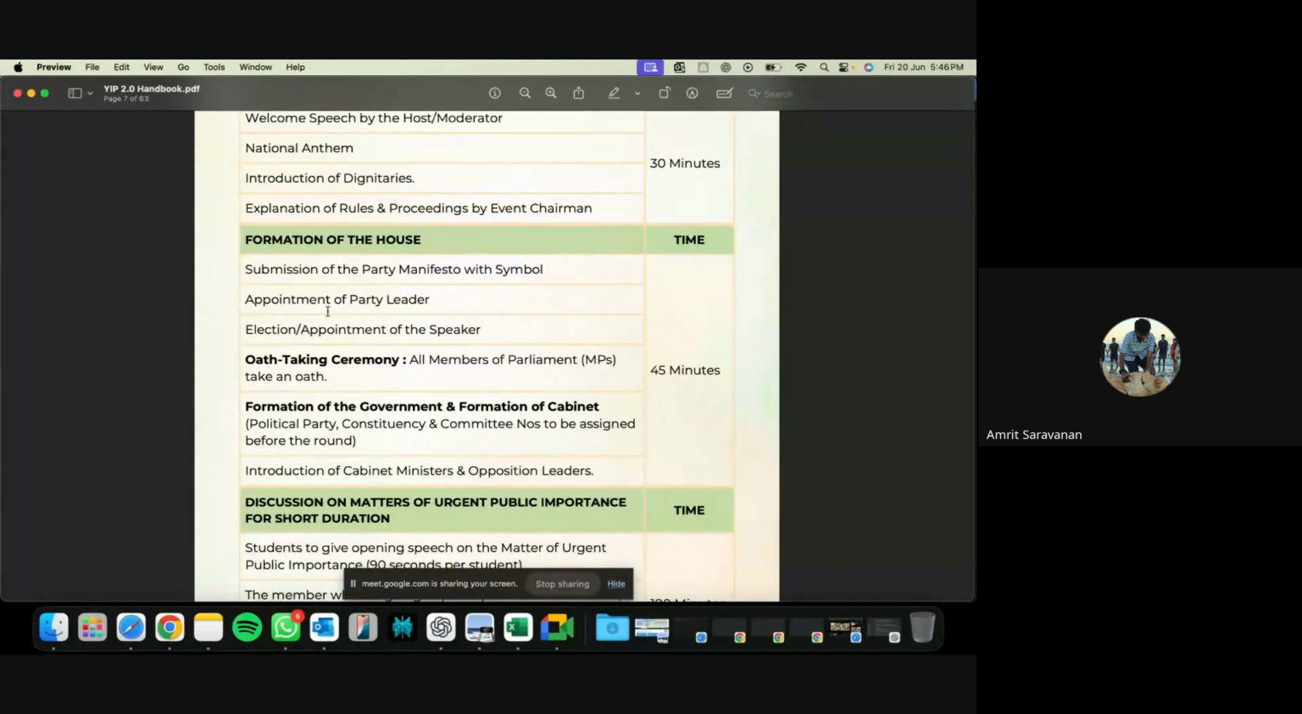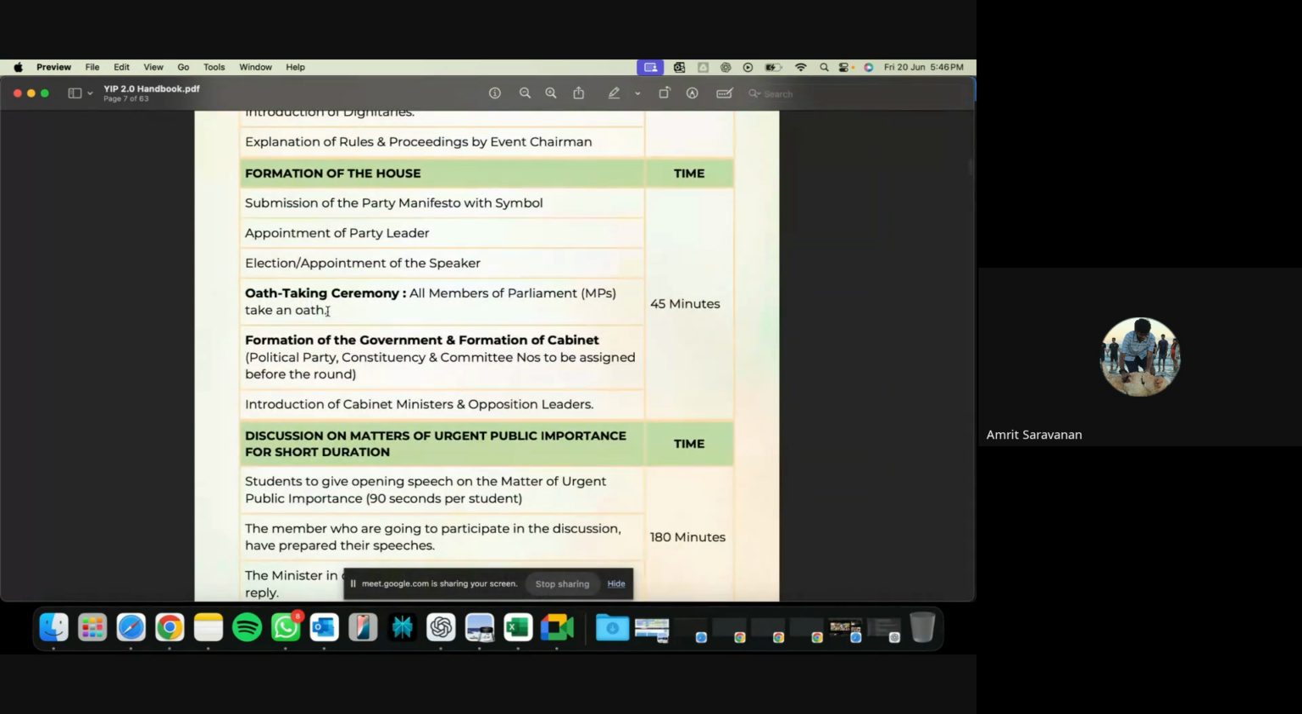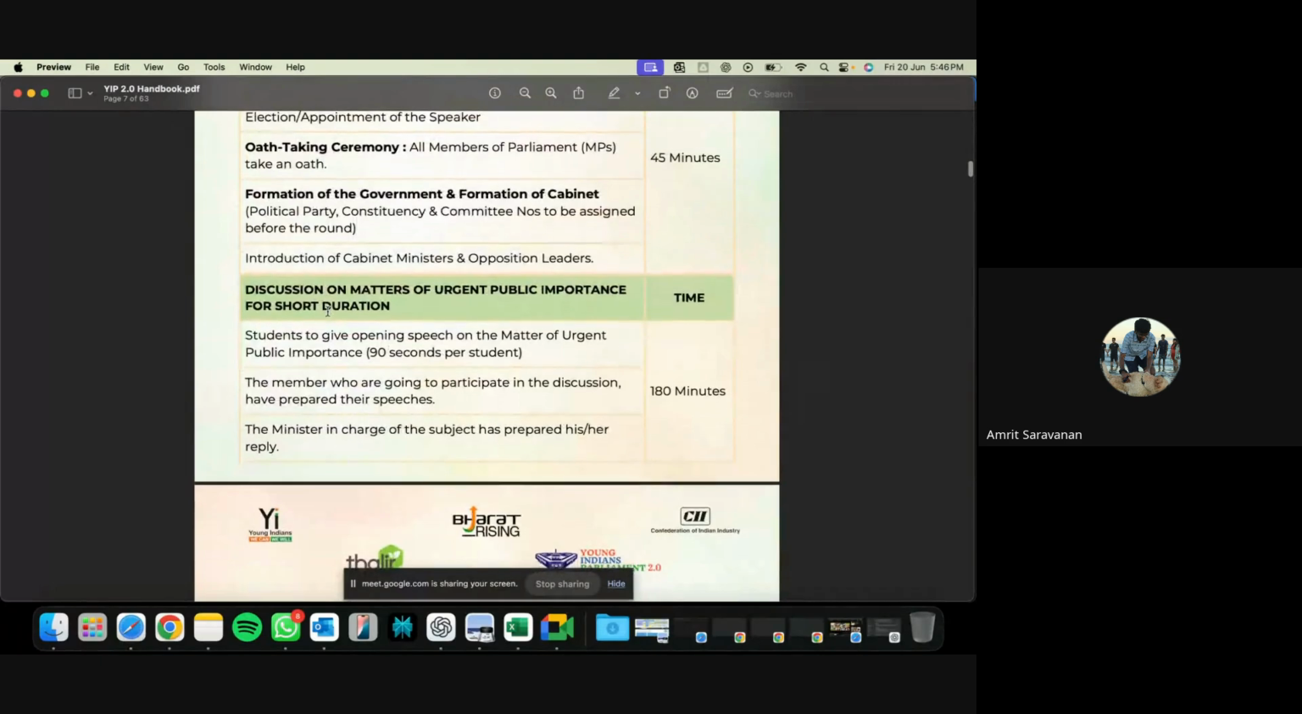So once the speaker is selected, the speaker will take over proceedings, after which the formation of the house will happen, with the parties decided and everyone knowing what coalition or who the government is, and the details. The elections will be done during that 45 minutes. So after that, once all of this is known to everyone,